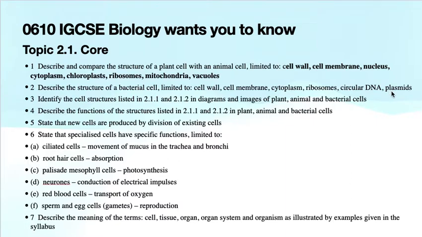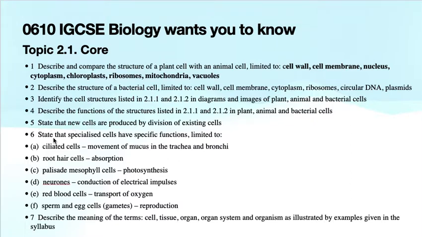We learn how to identify the cell structures listed in 2.1.1 and 2.1.2 from the diagrams and images of plant cells, animal cells, and bacterial cells. We learn to describe the cell organelles, their functions and structures, in plants, animals, and bacterial cells. We learn to state what cell theory says: new cells are produced by cell division from pre-existing